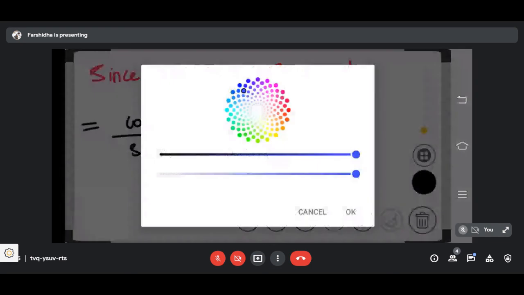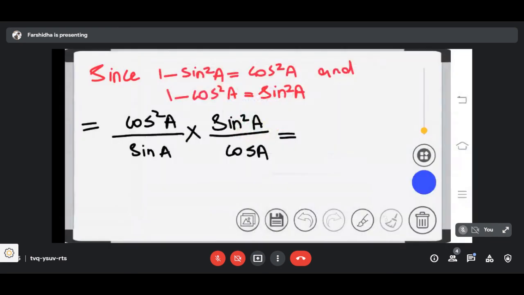Now you can cancel cos and cos, sin and sin. See, there is one cos on the denominator side and one cos on the numerator side, and one sin on the denominator side and one sin on the numerator side. I'll explain it more clearly. See, this can be written as,